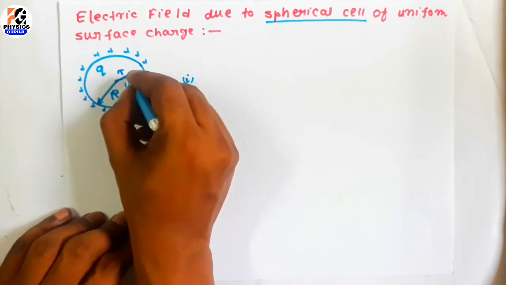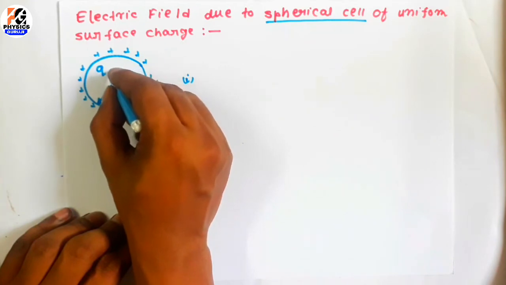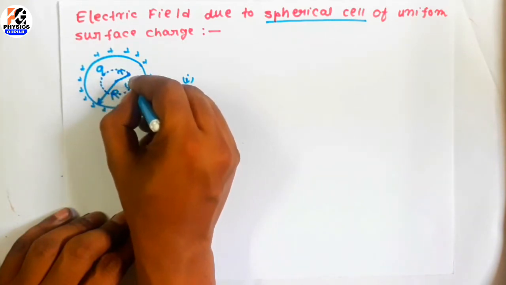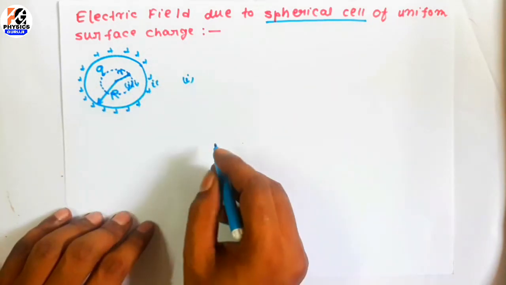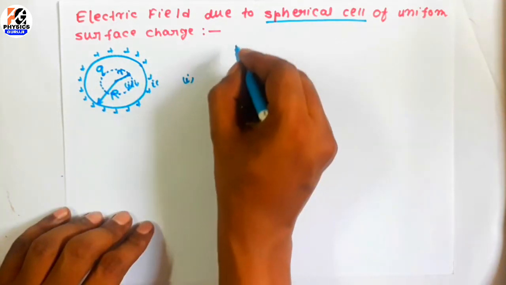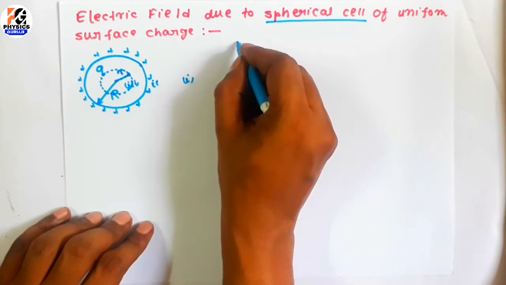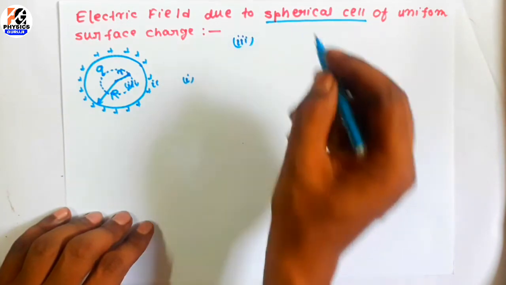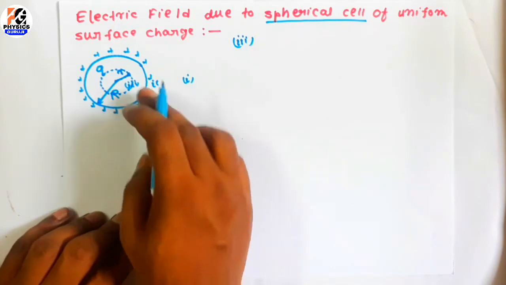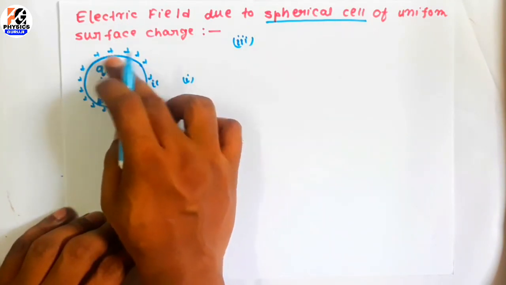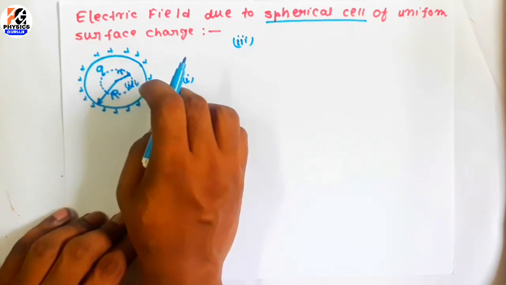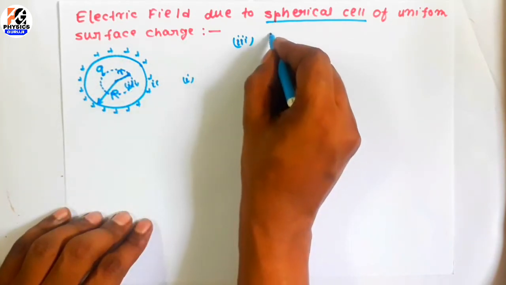If I take a Gaussian surface of spherical shape here of radius small r, then for case 3 first, the electric field, if any is present here, will be, as the surface charge density is spherical, also